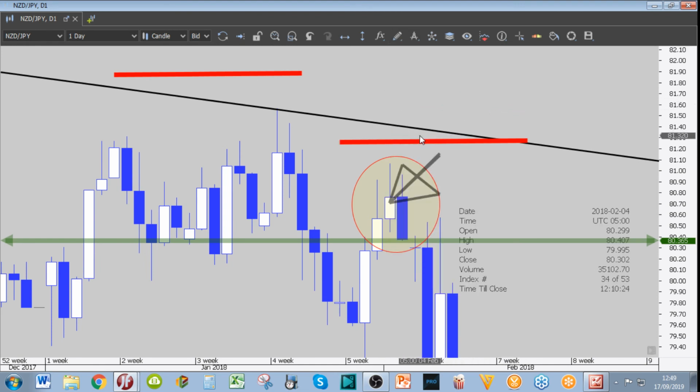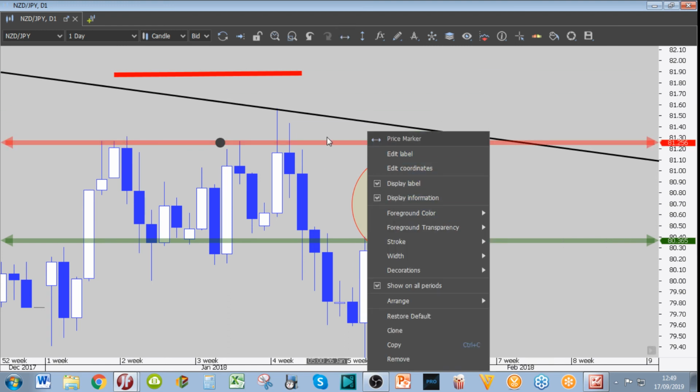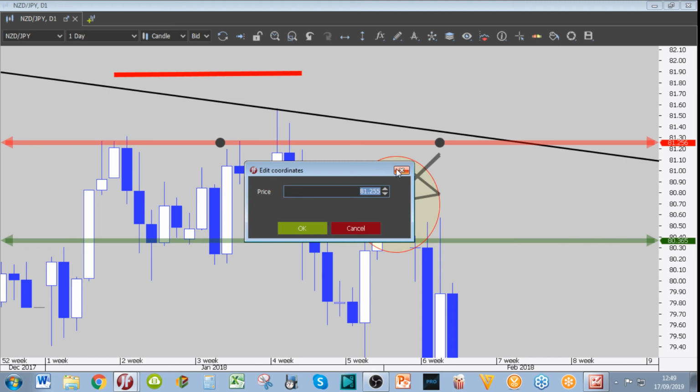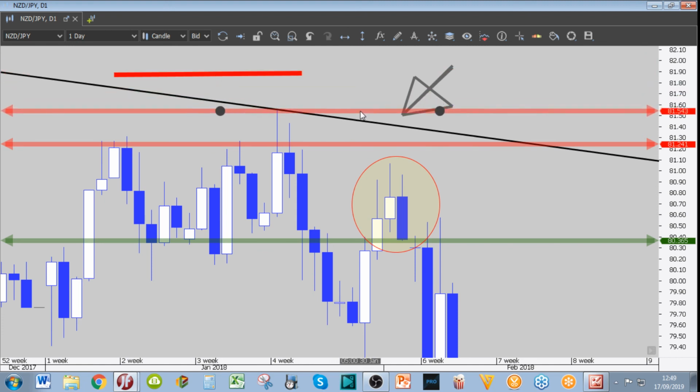Oh, it must be a horizontal line. That's why. Okay. So stop loss number 1, red, is going to be at 81.214. Okay. So this is the first stop loss above, and the other one is going to be 150 pips